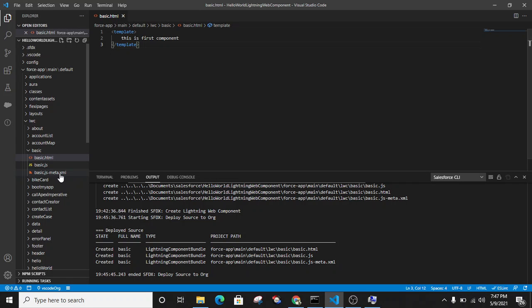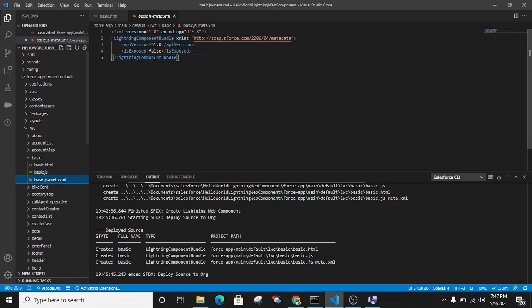We need to go to the XML and set isExposed to true to make your component available. Then you need to tell the targets where you need to show this component.